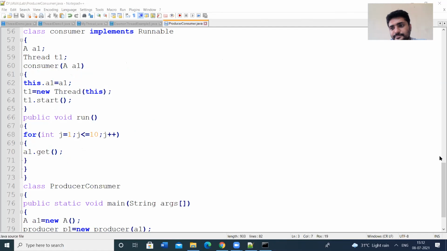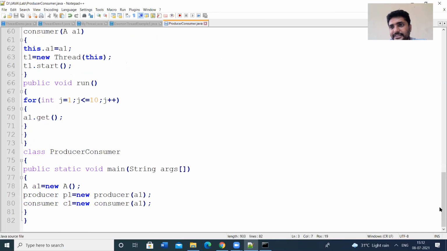We have not yet defined the main class, so let us define the main class here. ProducerConsumer is my main class. Public static void main. Next, I am creating an object A1 of class A. Next, I am creating the object for Producer, P1, and Consumer, C1, passing the object A1.